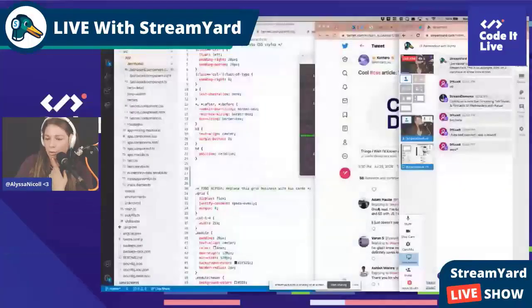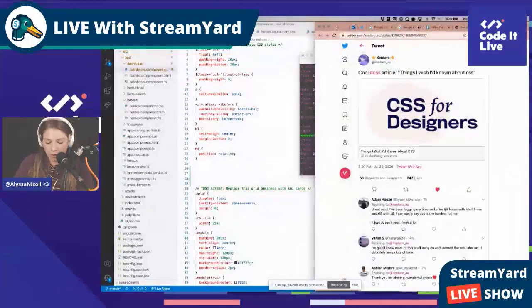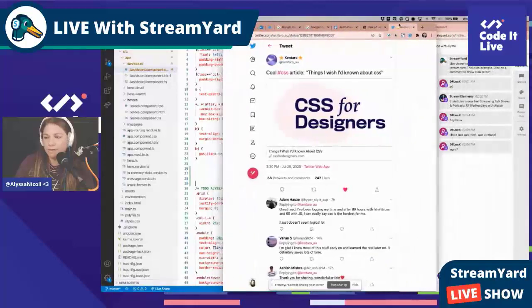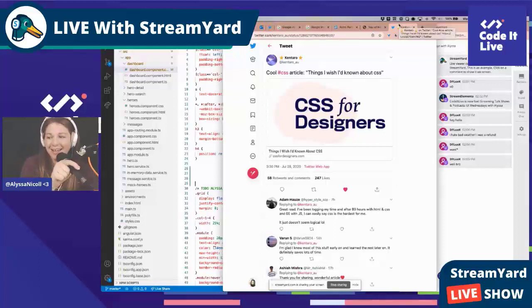Okay, let's see. Actually, before we dive into styles, share screen, my entire screen. I wanted to show, pull this over. Let me know in the comments if I should leave the comments up in a tab, if you're having issues seeing this. But what you should see is my Twitter feed, which I found